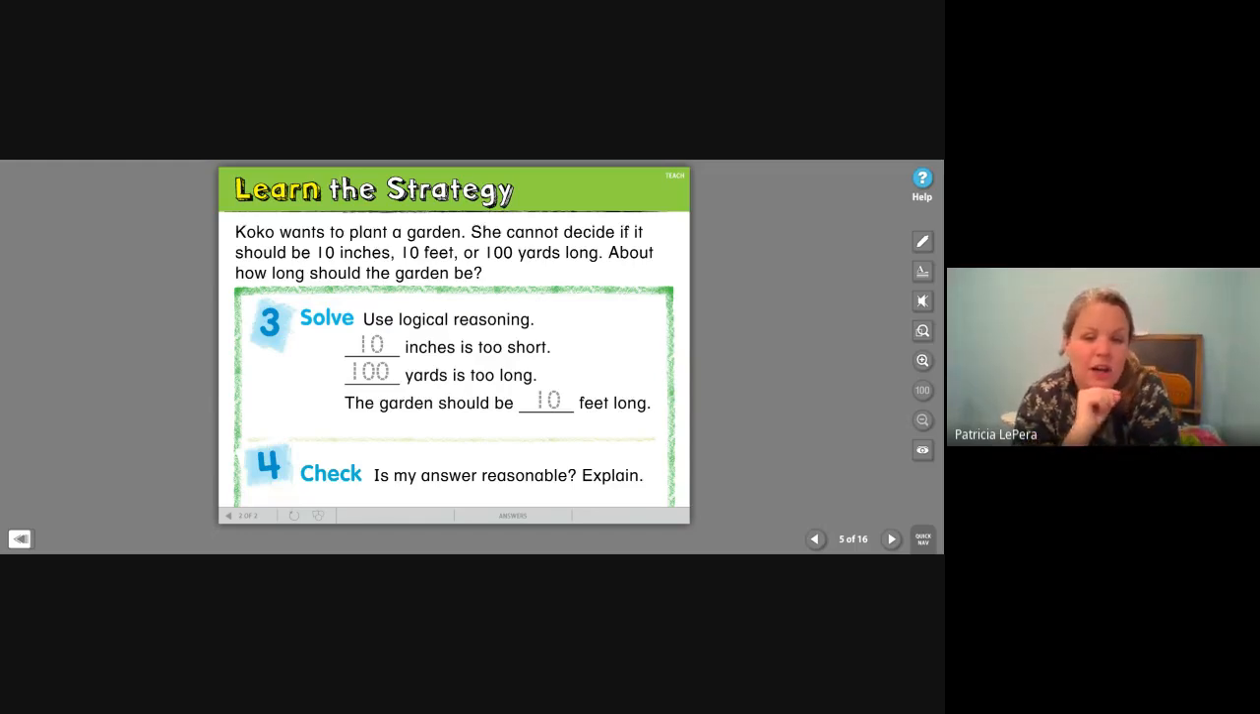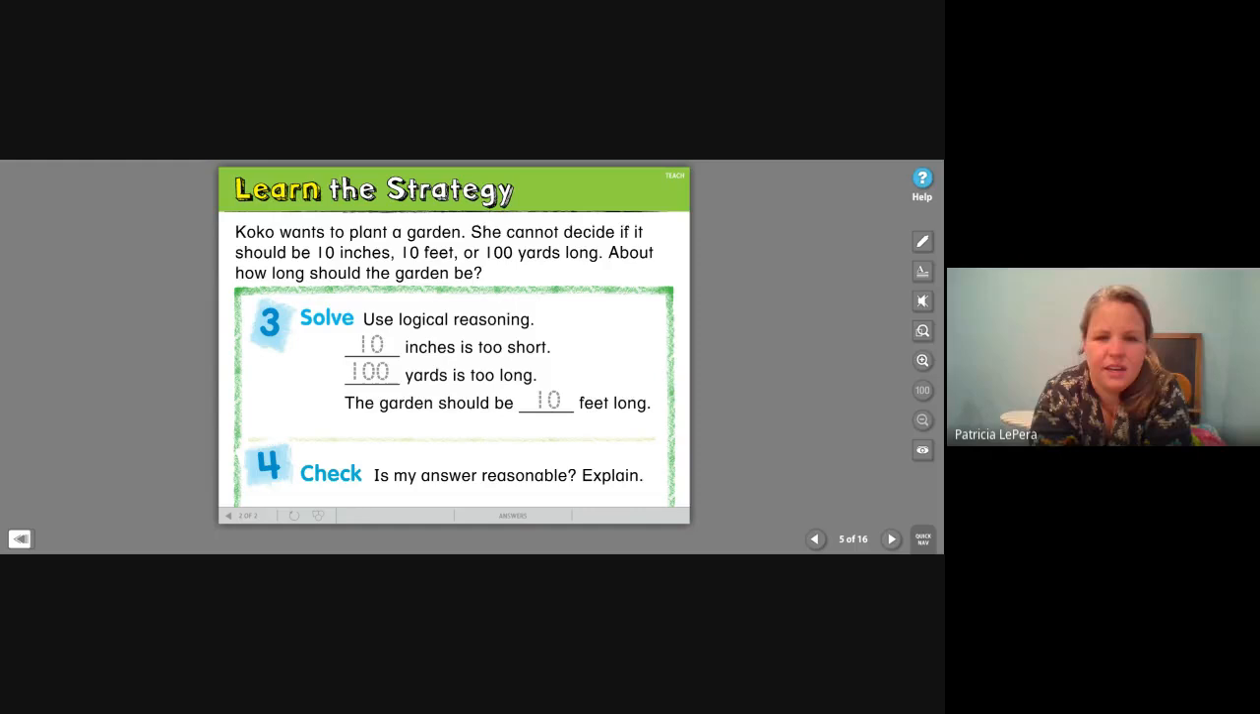An important part of logical reasoning is checking that your answer is reasonable, which means, does that make sense? Does it make sense that I should not plant a garden that's only 10 inches? Yeah, that makes sense. Does it make sense that the garden 100 yards long would probably be too big? Yeah, that makes sense. So would 10 feet,